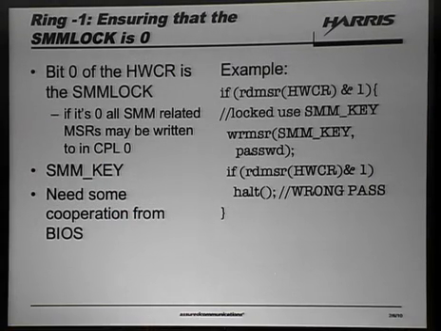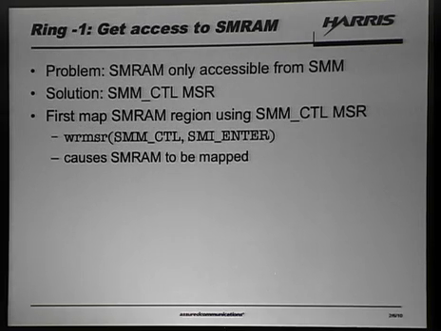All right, so now that we've made sure that we can actually turn the bit off, so we've turned the SM lock bit off. We need to get access to SMRAM. The problem is SMRAM is supposedly only accessible from SMM. Again, like I mentioned earlier, there's a system management mode control MSR. What this does is it lets, by writing certain patterns into the MSR, we can simulate different portions of system management mode. So we can say, okay, SMI enter. What that does is it actually says, okay, I'm going to map SMRAM, put it up there,